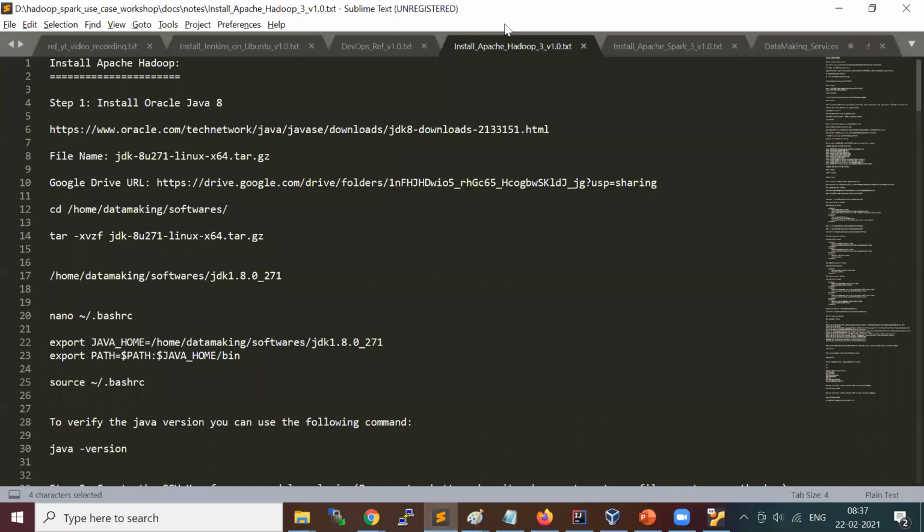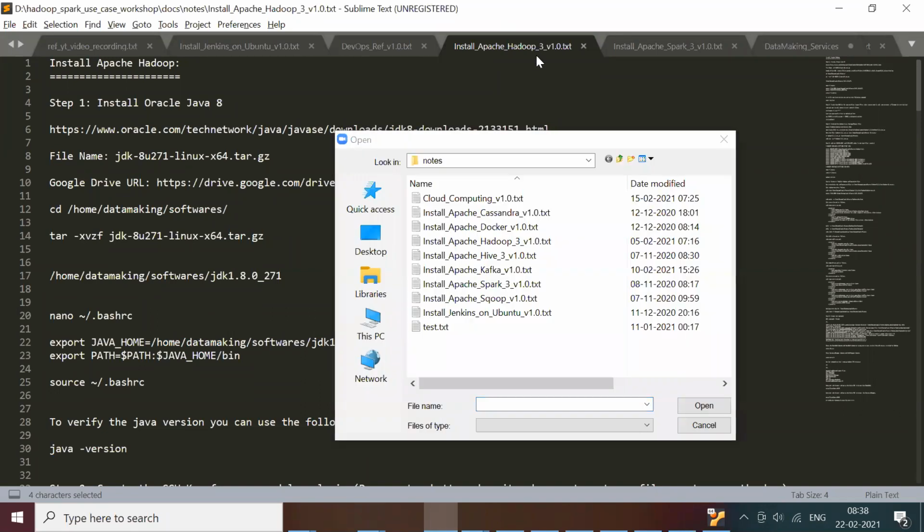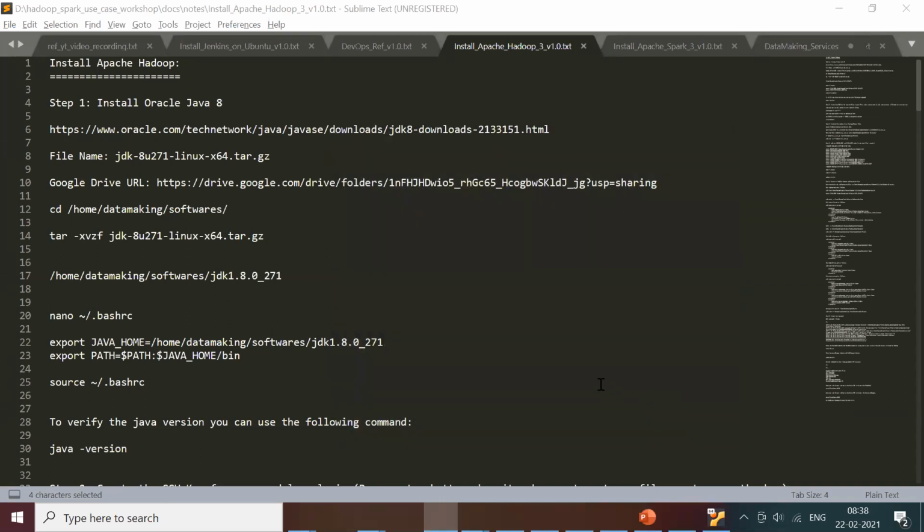Please download it. I will also send it in a mail. Just check you are able to download this file. It's install_apache_hadoop_3_v1.0.txt. This file has a set of instructions to be followed to install Apache Hadoop.